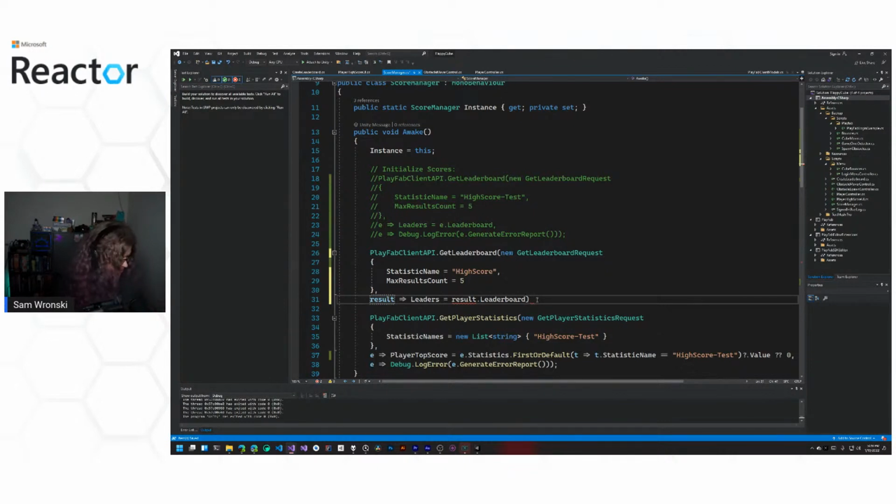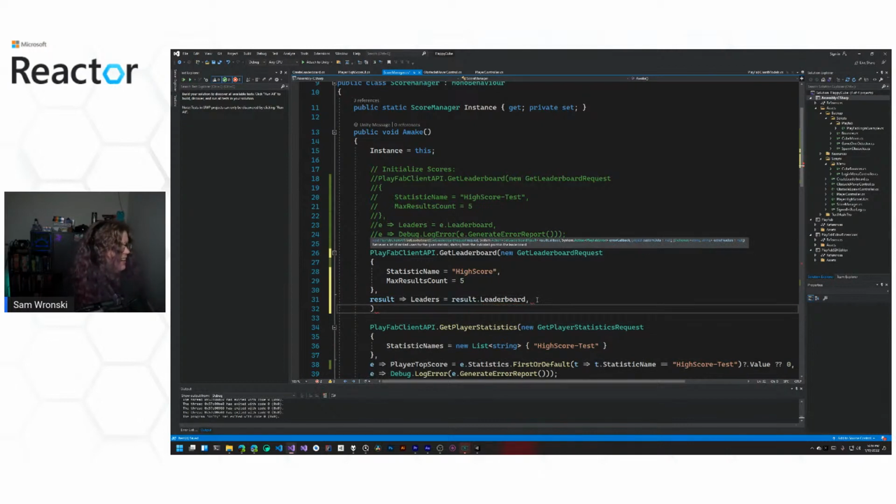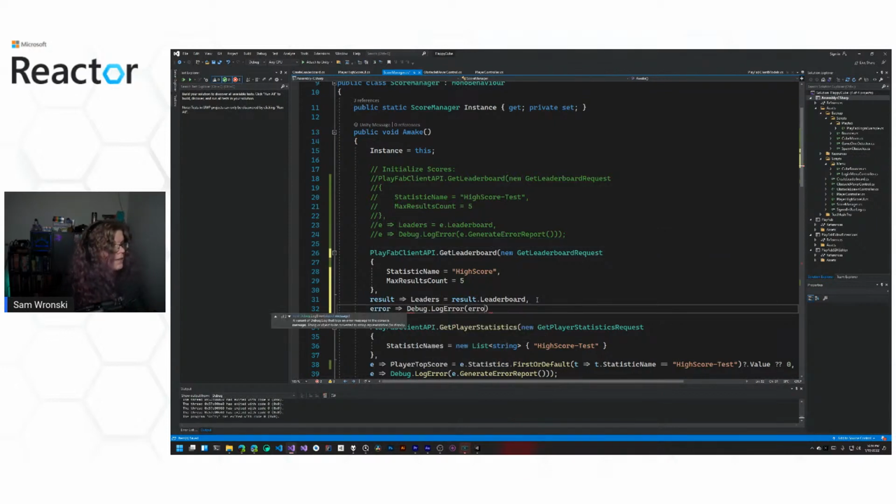They're really hard to break once you've started. So if we do that and then assign the debug, so error is our debug, log error, generate error report. Cool. All right. So what this is doing is assigning our leaders in this object from the leaderboard.